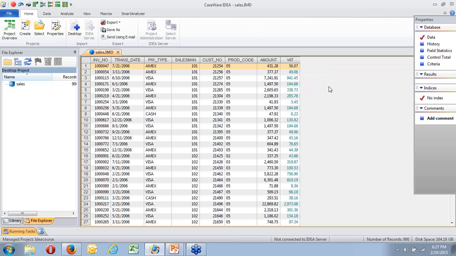So I can know just by looking at this, this field does not actually exist on the database. But I can see that the actual data is, for example, that 431.28. If I move over the VAT, I can see that that 56.07 came from amount times 13 over 100.